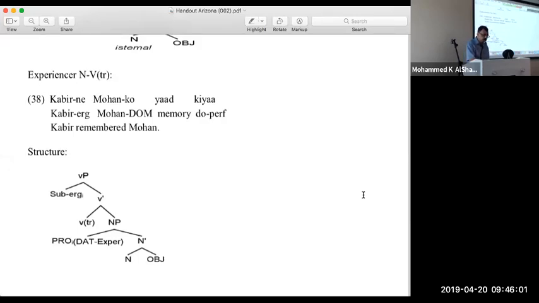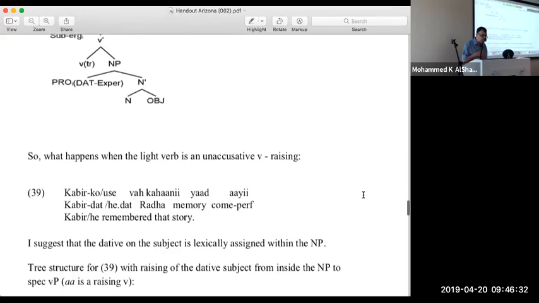except for the fact that the noun here is an experiencer noun. So you get memory here. And I'm suggesting what's happening in this case, and this is anticipating what's coming next, but just bear with me and look at the structure here, which has this weird property that there is a pro, but that essentially is the experiencer pro. And I put dative over there because if it was overt, then it would have had a dative marker on it, which is true when you move on to 39. So if you look at 39,